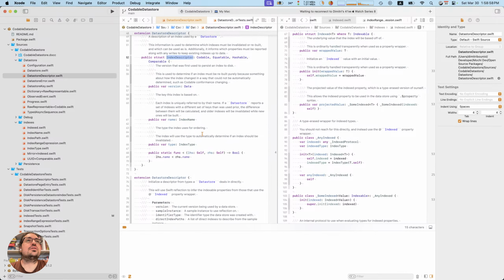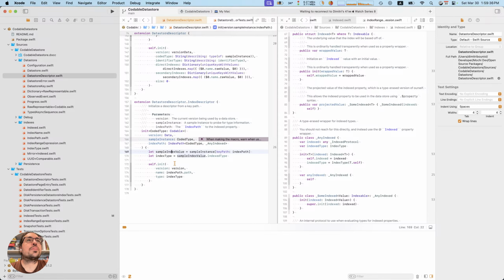So if we have this, which gives us the index type.